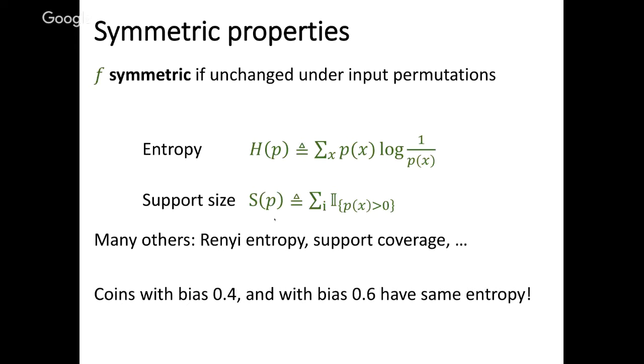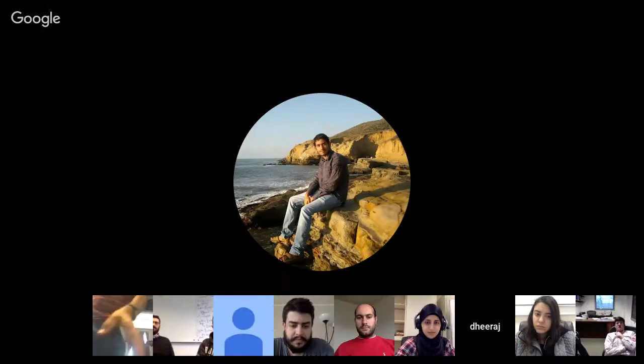Let's take a couple of examples. If you take a coin that has probability of heads 0.4 and another coin whose probability of heads is 0.6, both of these have the same entropy. In other words, the entropy of a coin is going to be the same for both of these. Similarly, if you take a dice and erase all 6 sides and relabel it in some other order, the mechanics of the dice stays the same, and therefore the output